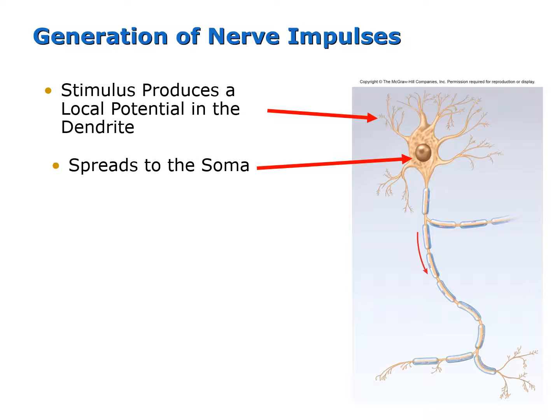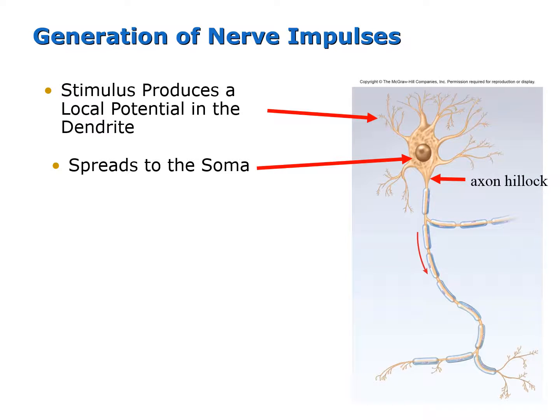You can sort of think of this spreading of depolarization like dominoes falling one beside another. You know how one domino hits the next, which hits the next, which hits the next, and it can go on for feet or yards or, I guess, potentially miles. That's basically what's happening as the depolarization spreads from the plasma membrane in the dendrites to the plasma membrane of the soma. As it spreads, it does lose intensity,